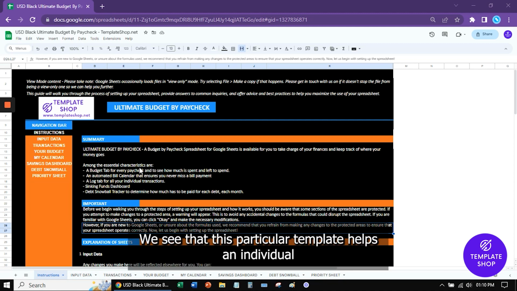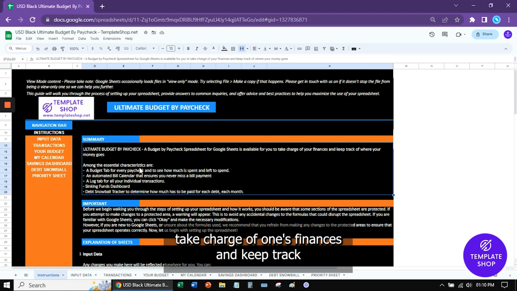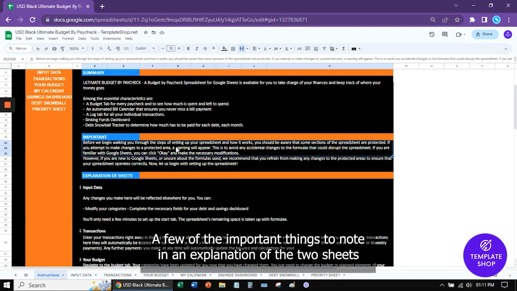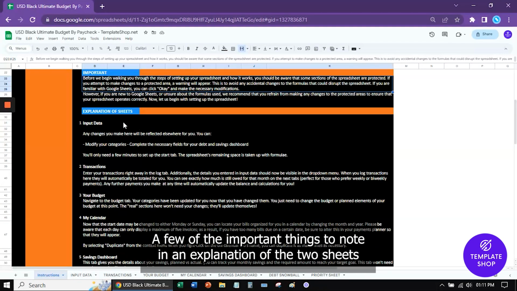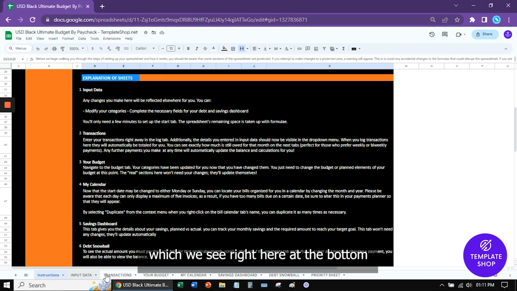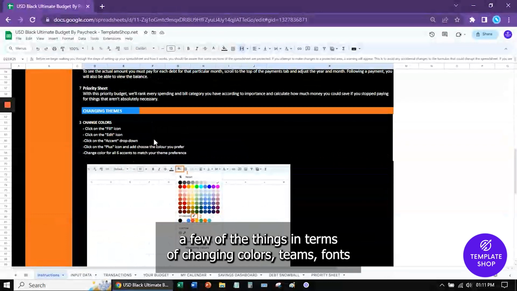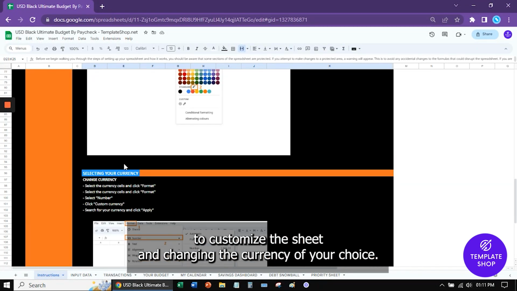We see that this particular template helps an individual take charge of one's finances and keep track of where the money comes in and where the money is going. A few of the important things to be noted: an explanation of the various sheets, which we see right here at the bottom, or also in the panel on the left. A few of the things in terms of changing colors, themes, fonts to customize the sheet and changing the currency